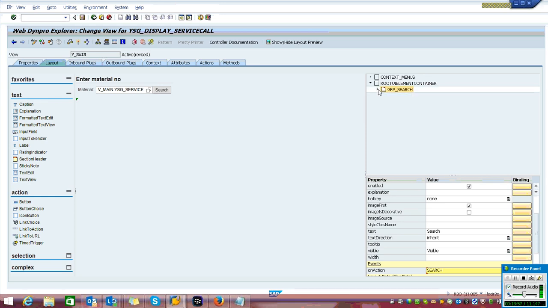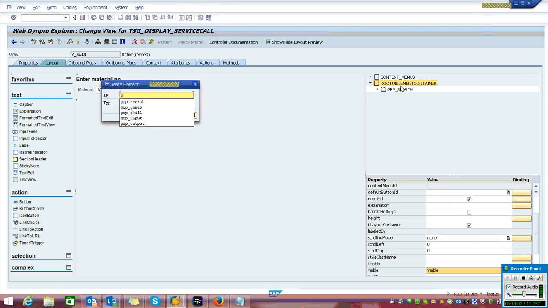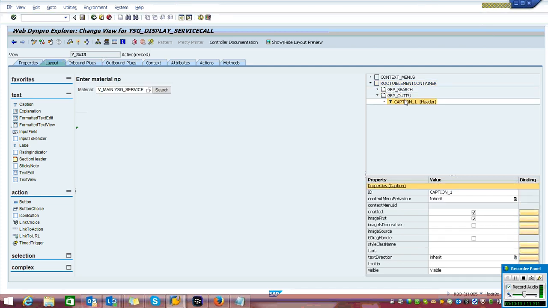So to display data, I'll take one other group, and to the group we give a caption, I say details of the materials,